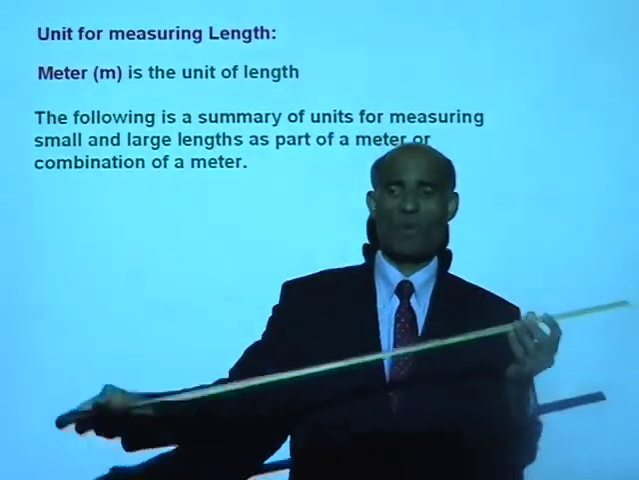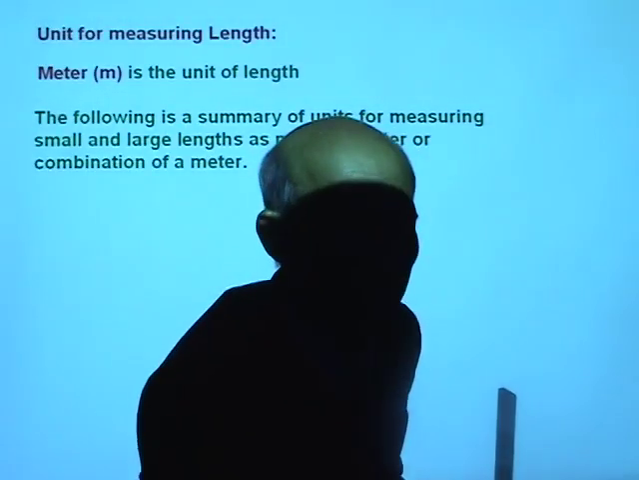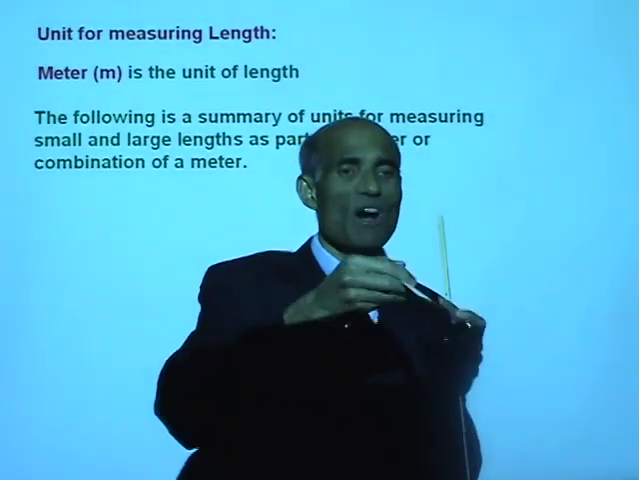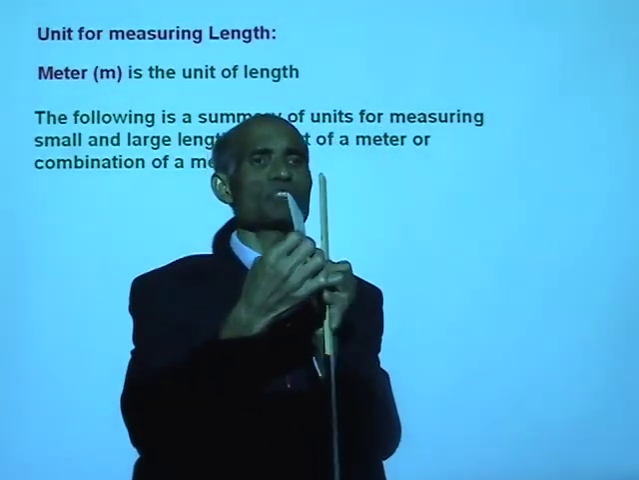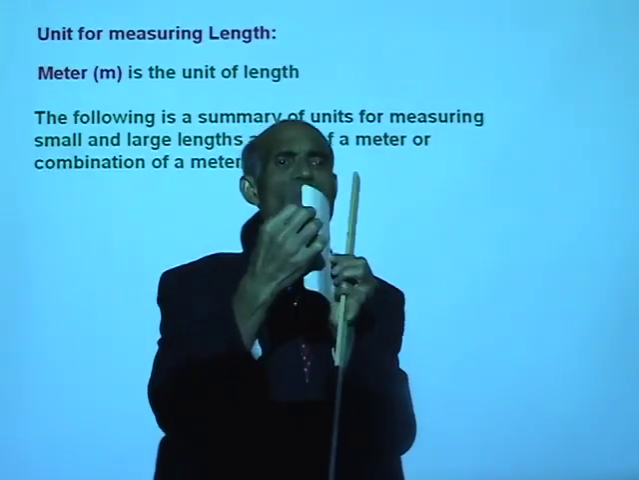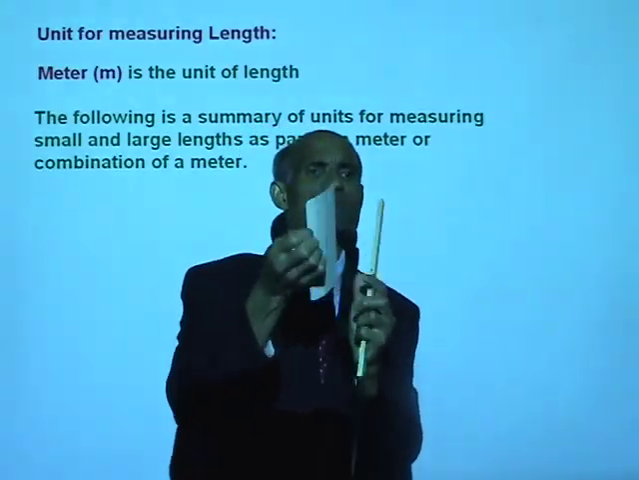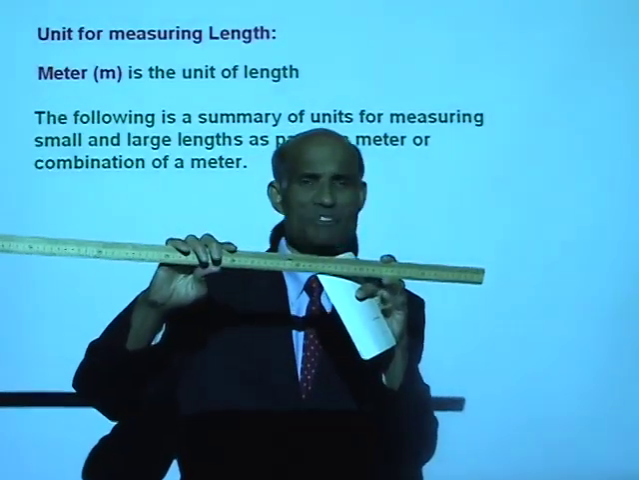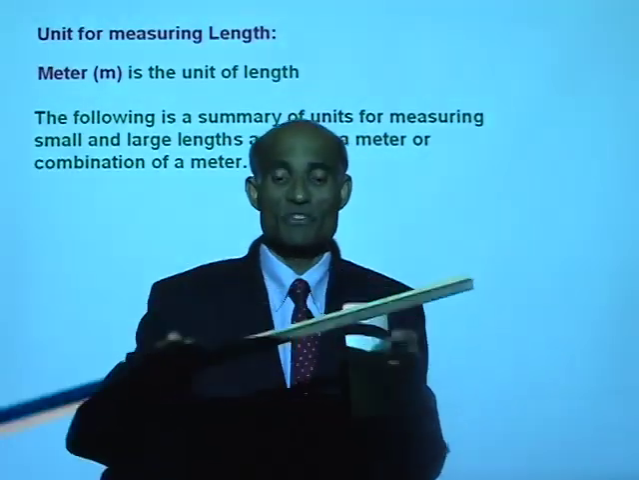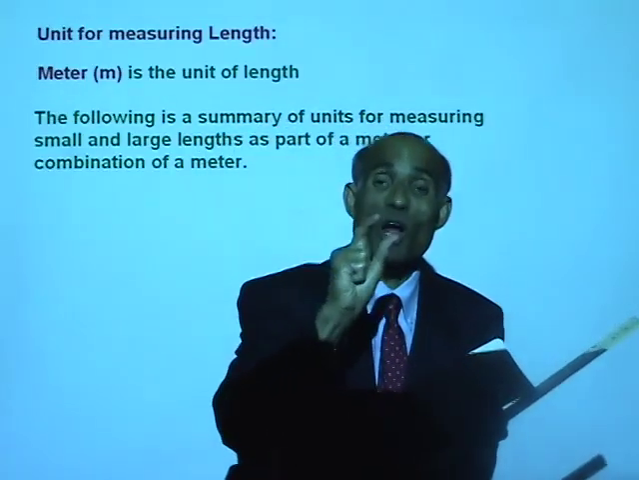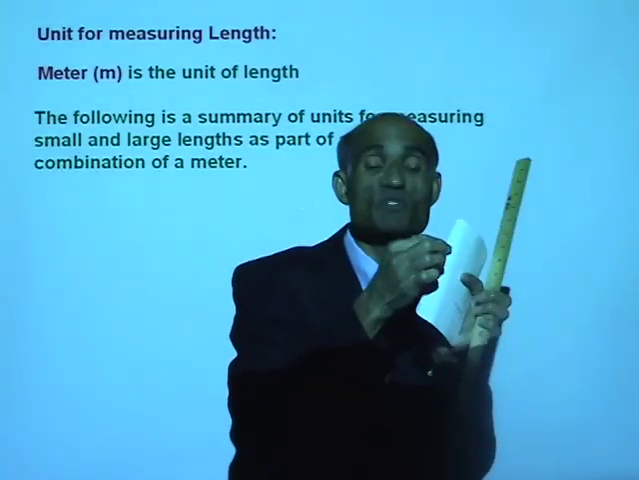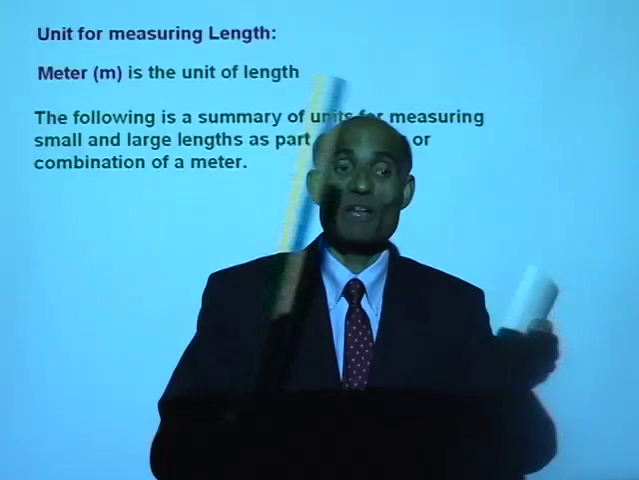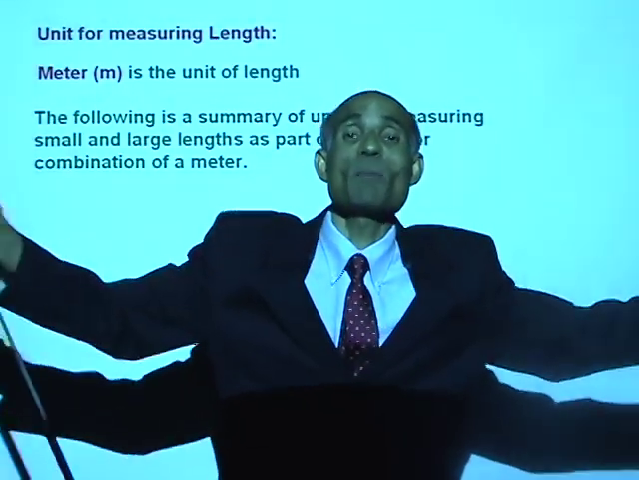Now, suppose I want to measure the thickness of this paper. You know how thin this is. If I want to measure the thickness of this paper, can I use a meter rule to do that? That's very inconvenient. So, we need smaller units for measuring very small distances, and we need larger units for measuring